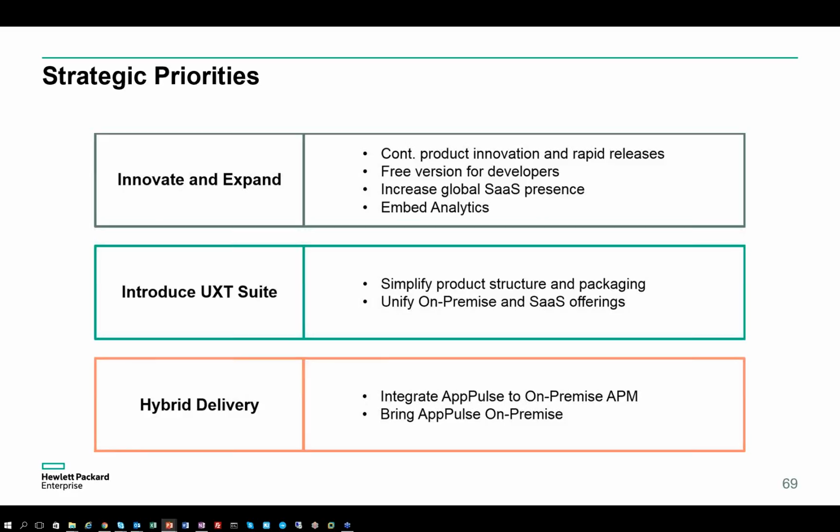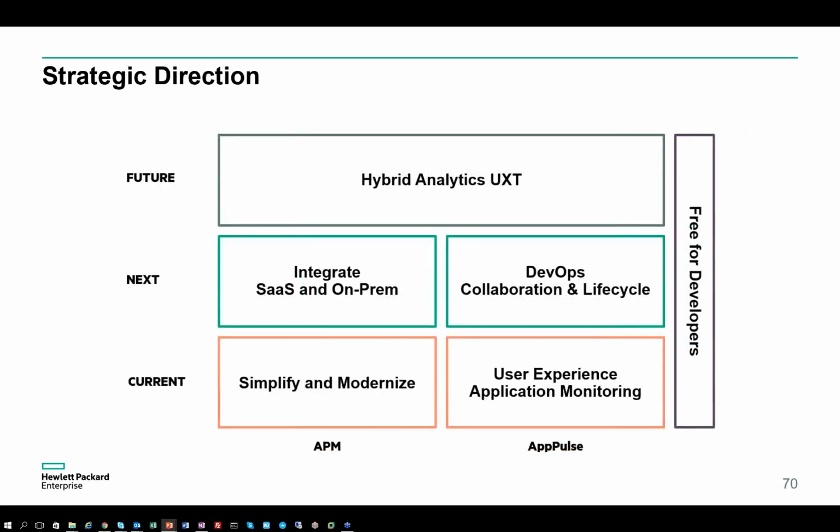And in the process of introducing the suite, we're also going to start the unification process between the on-premise and the service, to start working as one product. So in the future, we want to have this hybrid delivery model, where we integrate between Apple's and APM, and Apple's also ends up being on-premise. If you look at where we are today, where we're going to be next, and what's going to happen in the future,